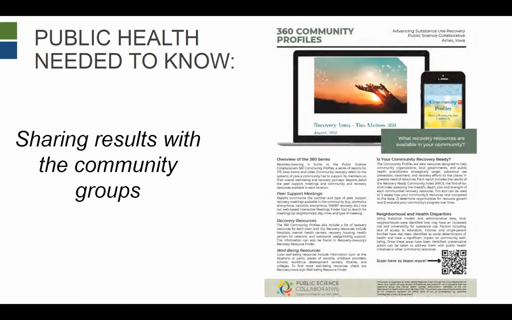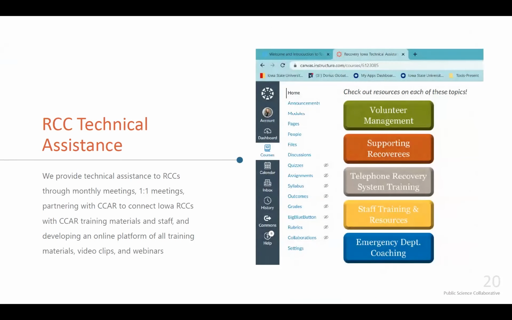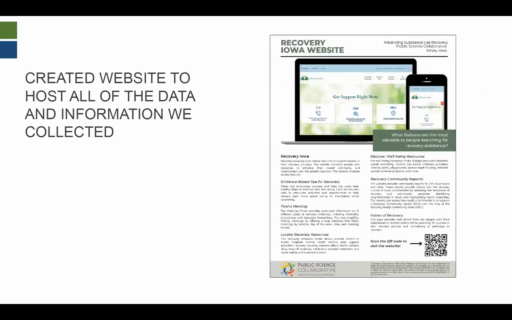That's every community with more than 750 people that outline all of the resources that are available to them in their community. We also took all of the information people had shared through those interviewing processes. If they said, oh, I have this really cool form or advice, we pulled it together and put it on a learning management system that we shared back with the communities so they could track that technical assistance. But then what you care about is we had all of this mountain of data left, and we moved it into the statistical product that you might be imagining from the beginning. And this is on our Recovery Iowa website.